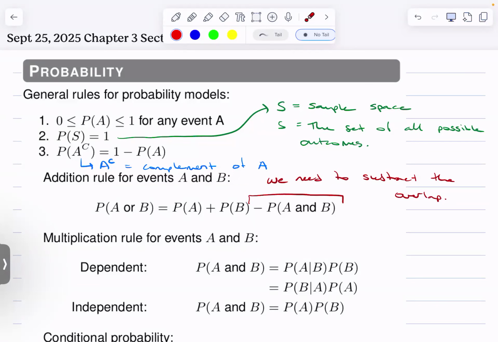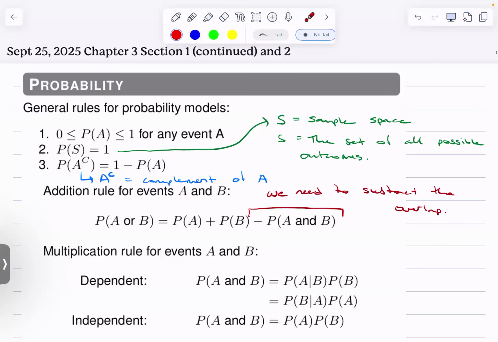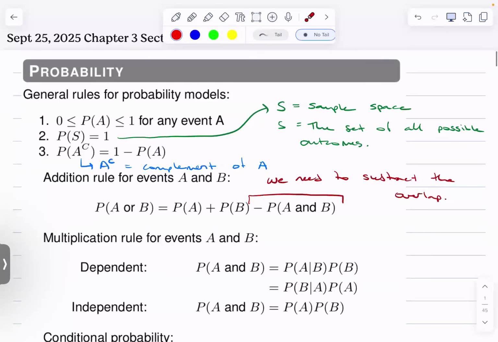All right. So we're going to keep going in chapter 3, probability. And we're going to wrap up section 1 and then move pretty quickly into section 2, which is conditional probability. So in terms of review,